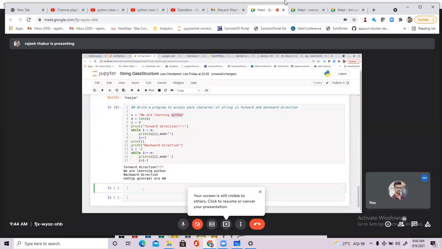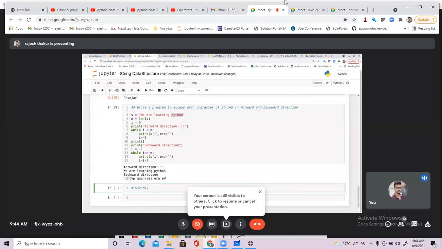So for that, we are going to learn the strip function. So what is the strip function? Before that, I think the membership function is missing. Okay, first understand the strip function. Try to understand how the strip function works. There are three kinds of strip functions: one is rstrip, lstrip, and normal strip.